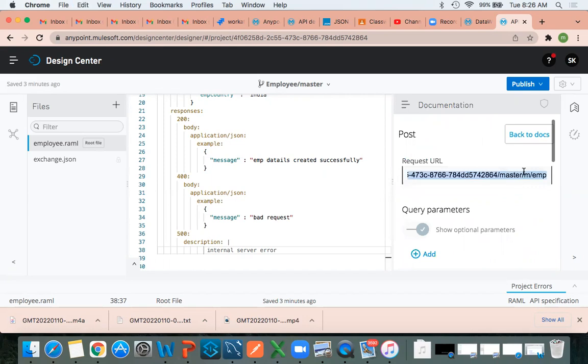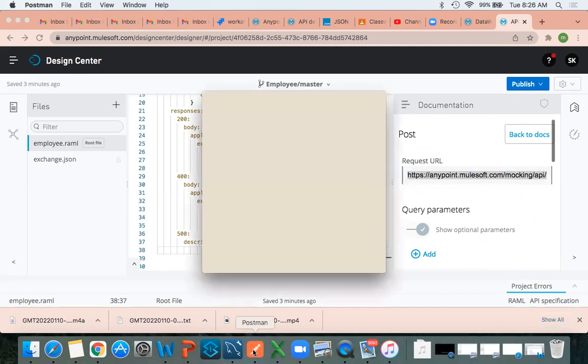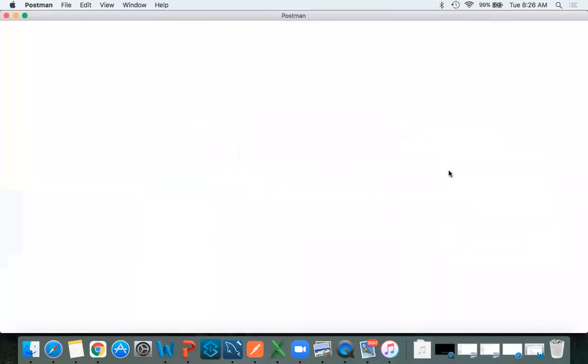It will not work. Why? Because we created it internally. Yes, this is the internal URL. This will work only within the Anypoint platform. If you want to access outside this, in Postman or somewhere, it will throw some error. Correct? Yes.